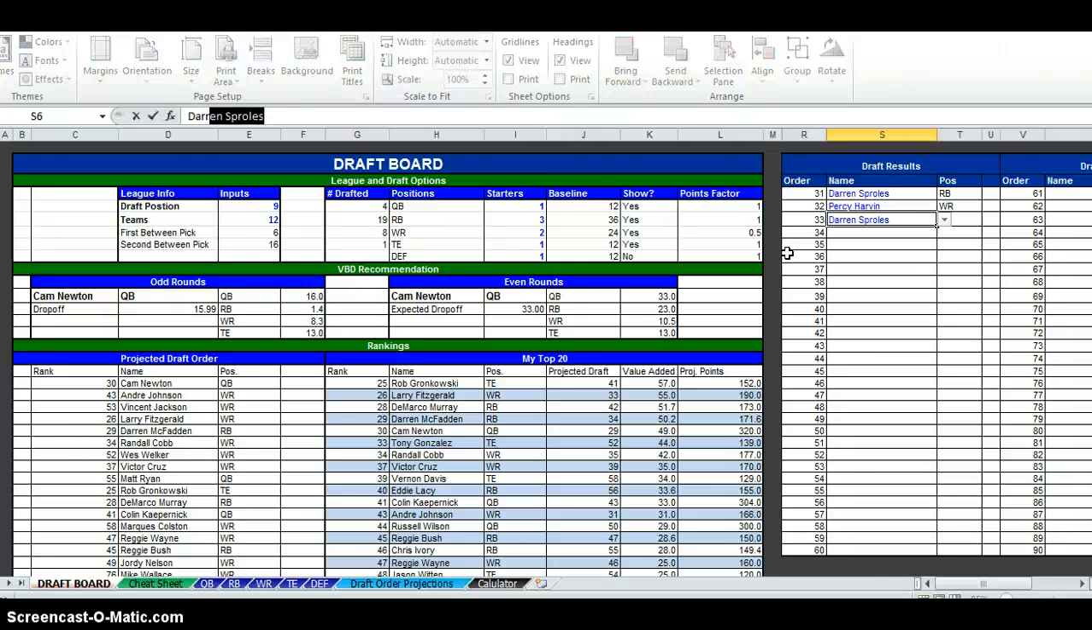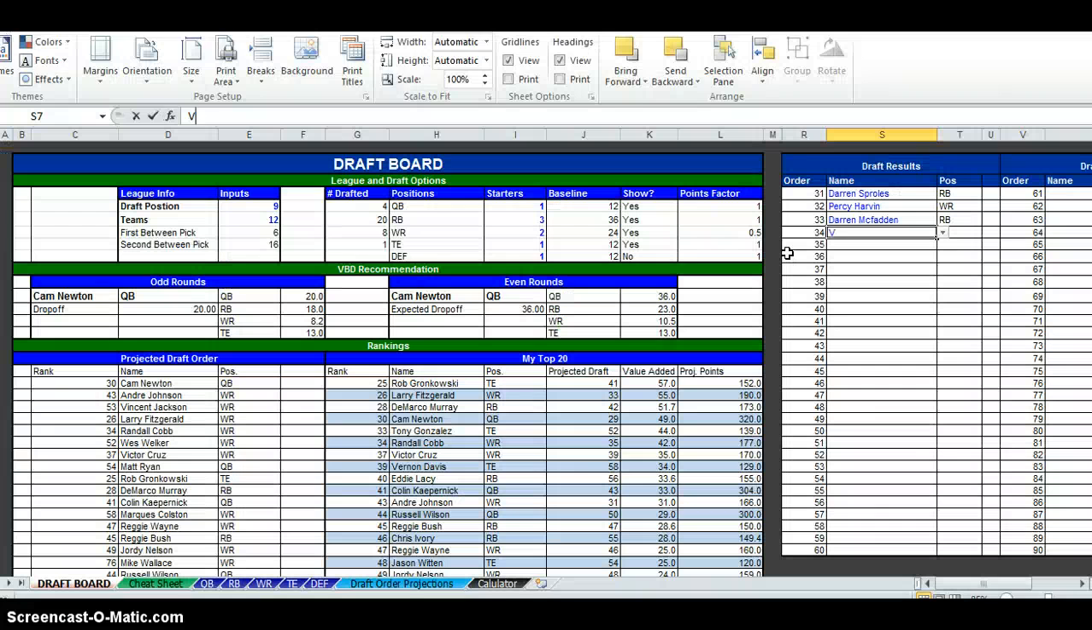So, Darren McFadden, Benson Jackson, Wes Welker,